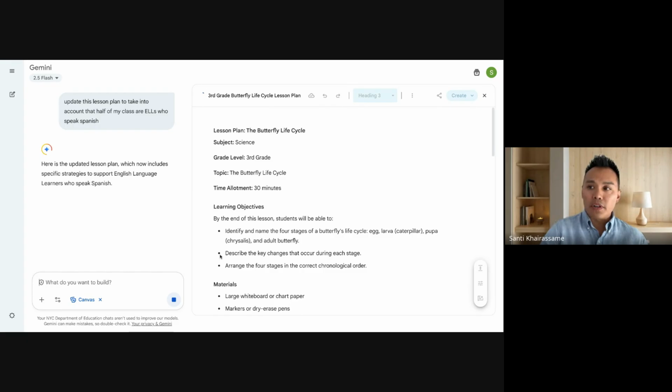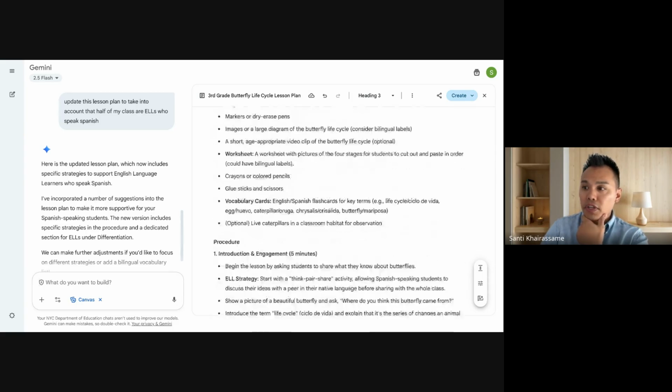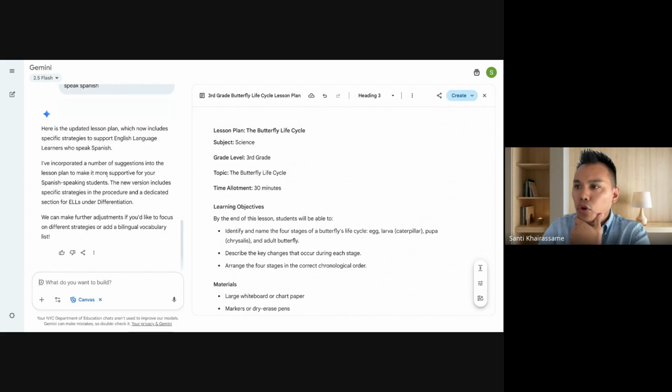And it knew what ELs was. All right. So here's the updated lesson plan to support English language learners. So again, I'm curious to see. It should highlight in here. Let's see. Okay. Incorporated a number of suggestions in the lesson plan to make it more supportive. New version includes specific strategies.